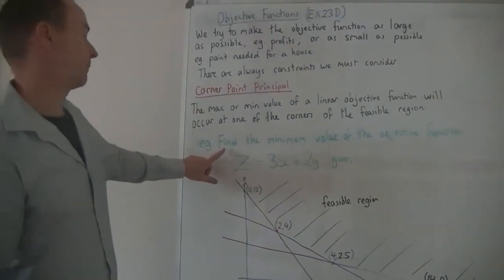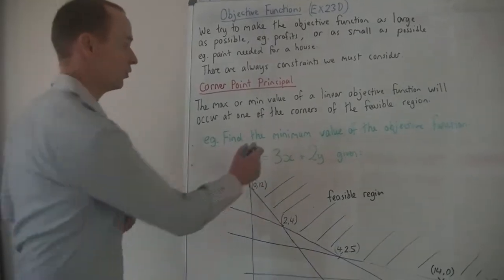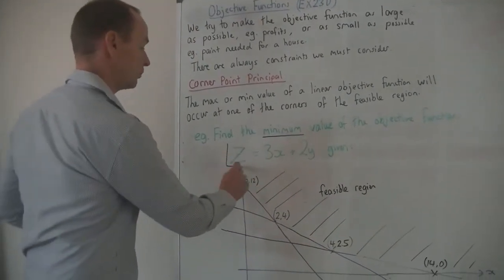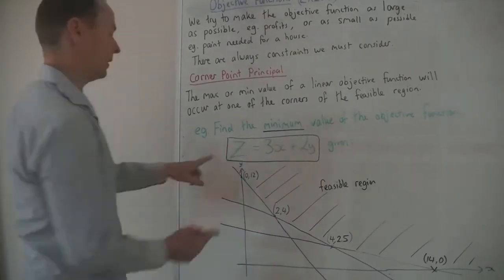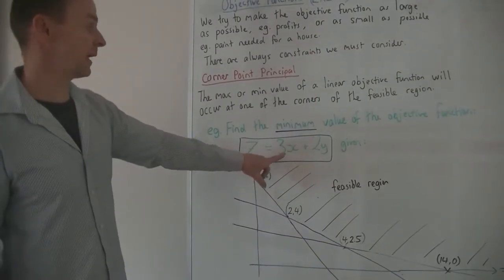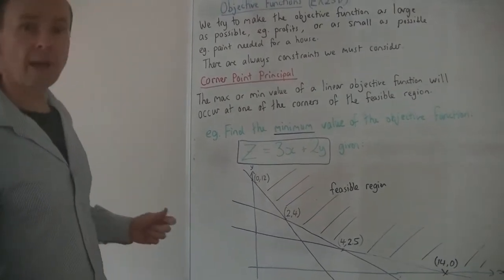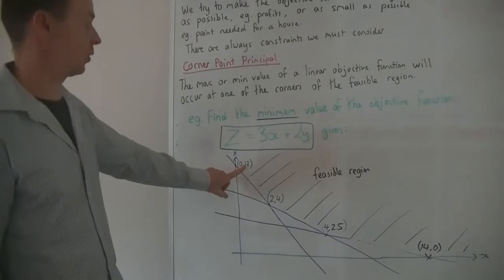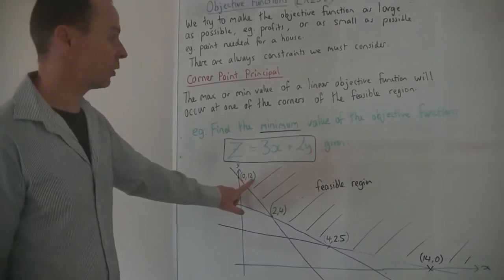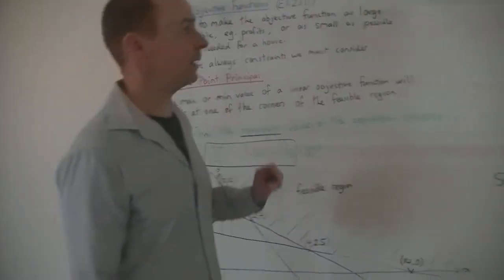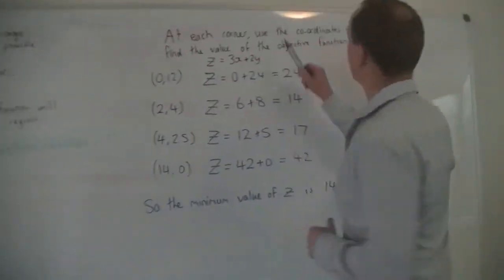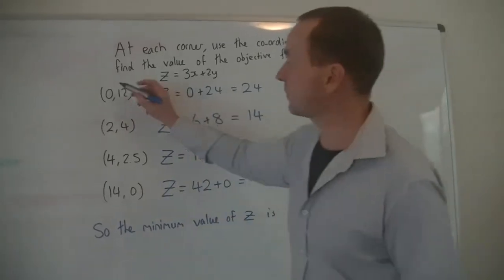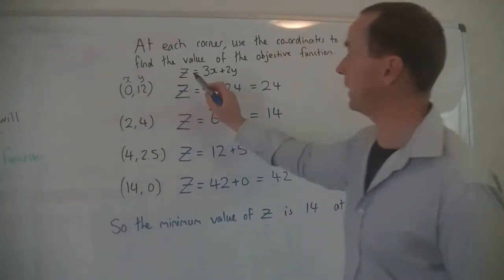So it says here, find the minimum value, so it tells you they want the minimum value of the objective function. And they've given you the objective function here. So z, the objective function, is equal to 3x plus 2y. So what we have to do is for each corner point separately, so the first one we'll do is 0, 12. 0 is the x value, 12 is the y value. So if we come over here, it says at each corner, we use the coordinates to find the value of the objective function. So all we do is substitute the x value and the y value into that objective function,